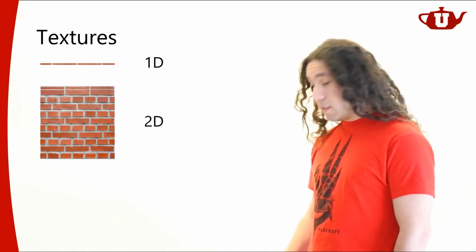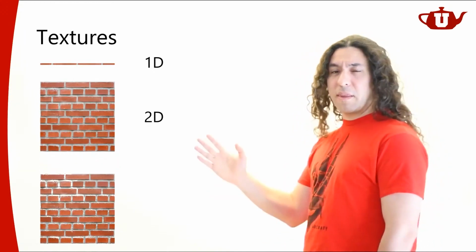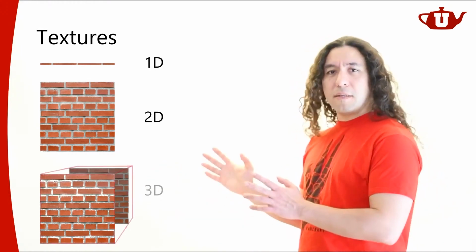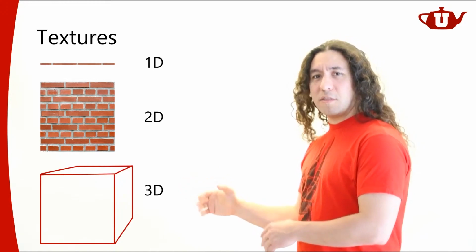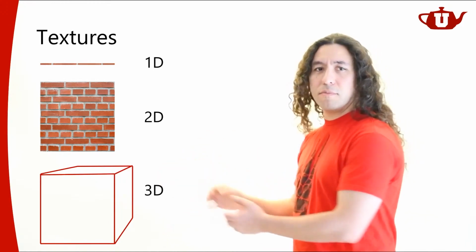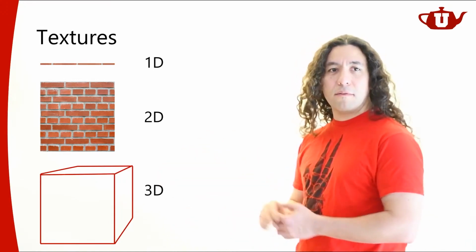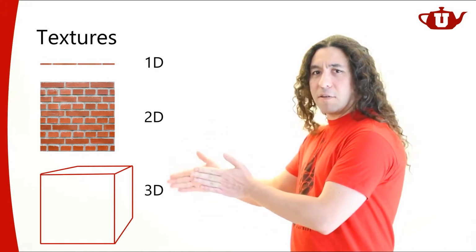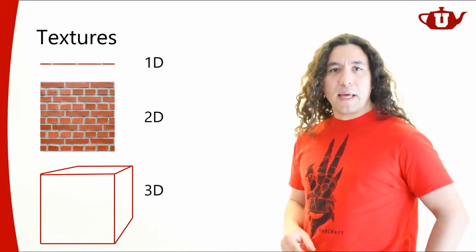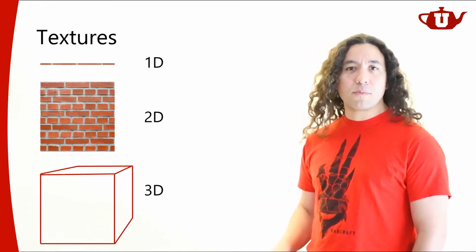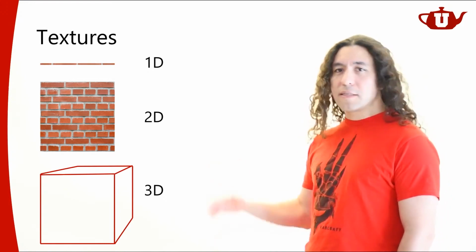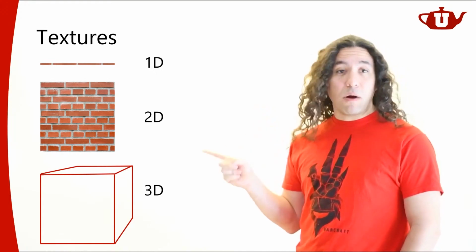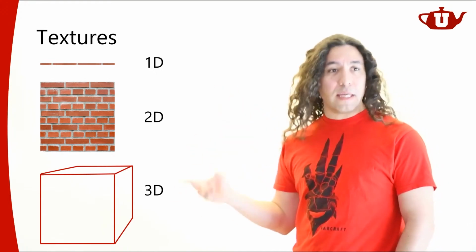It also has 3D textures. So I can think of a 2D image like this, and you extend it in one more dimension, and you get a 3D volume. That volume would be filled with texture samples. You can think about it like a series of 2D images, and that would be a 3D texture, which would also be recognized by my GPU. So when we say textures on the GPU, this is what we mean, either 1D, 2D, or 3D textures.